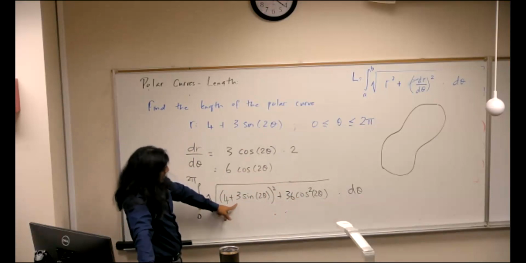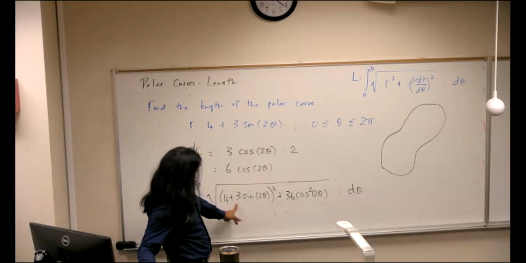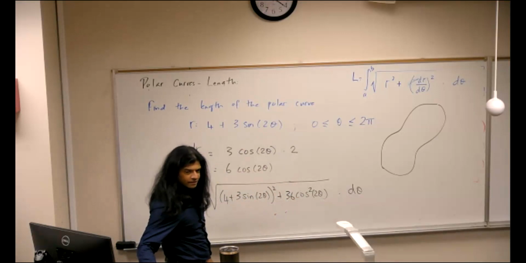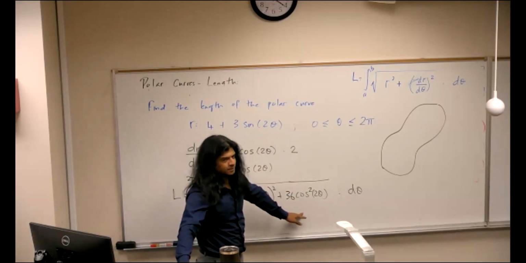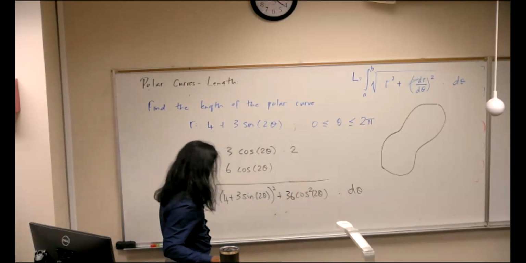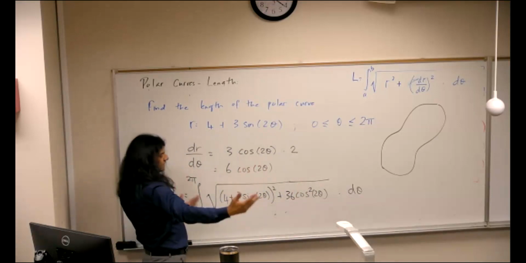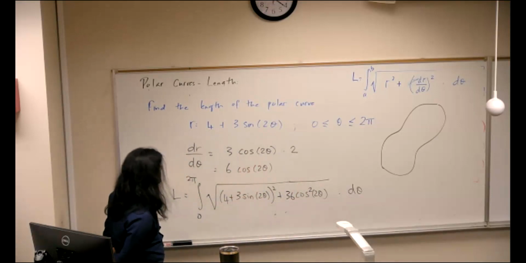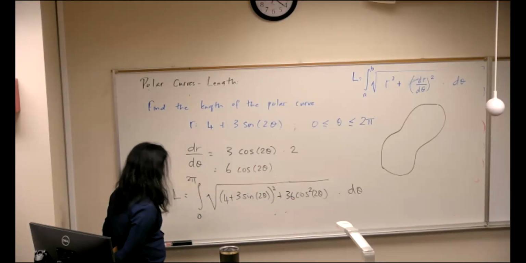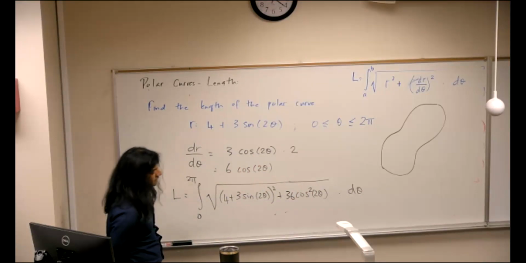Reason being, if you square that, you would get 9 sine squared 2 theta, and you can't combine that with this. It's not going to simplify, and you're just going to expand the term and make it lengthy. So the only way to solve this problem is to